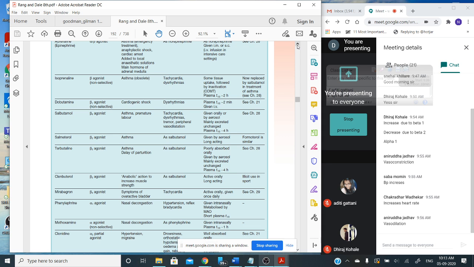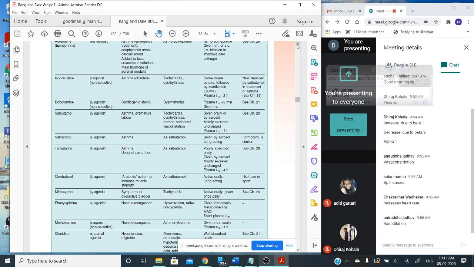Then next is mirabegron. This is also a beta agonist, but it has more activity in the urinary bladder. So we have a drug which acts on the urinary bladder, and in the case of overactive bladder we can use it. The adverse effect can be tachycardia because of some beta 1 activity. So it will show tachycardia. Same is the case with salbutamol. It can cause tachycardia,